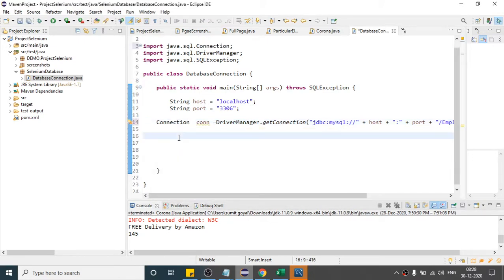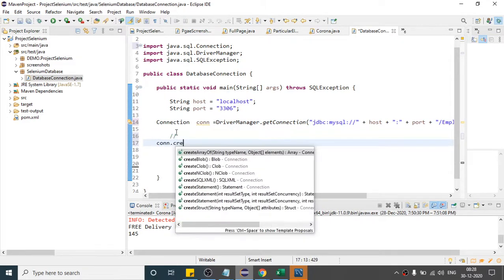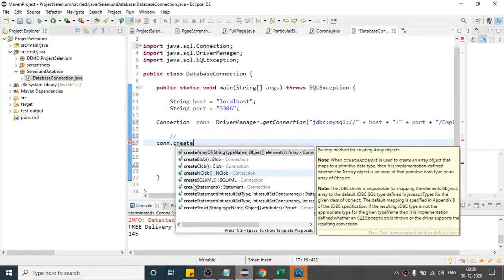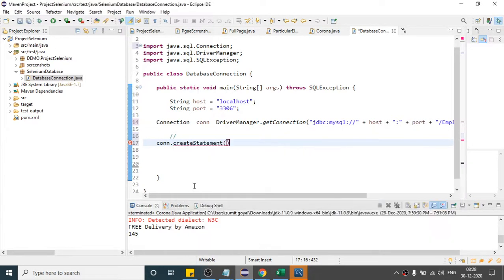So now you got the connection object. First, with the help of this connection object, we will create one statement. So how can you create one statement? Let us see, connection dot create this one. If I click this, what is this statement? When you call this method with the help of this object, this will return you one statement object. So let me say s equals to this, and as it will return one statement object, I will capture that in one statement variable.